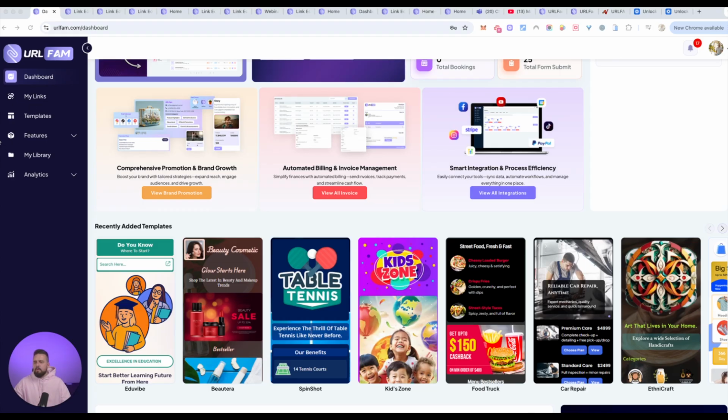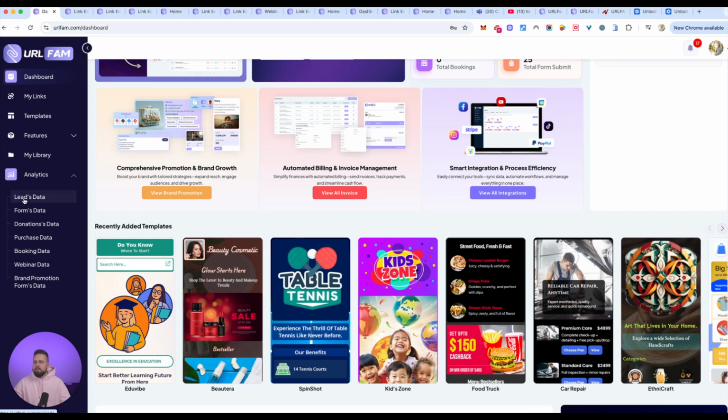Now, to give you a little overview on the other areas under features, here is where we have some of our other tools that we include inside of URLFam, like the ability to create live invoices, to create your own products inside, so you can add them onto your URLFam individual page, so someone can buy, check out directly on that one link, and they will be sent emails with their login details or the product itself, intangible product or anything like that. Appointments, because again we have live booking generators inside, so people can book appointments. We can also sync it across with our Gmail or our Google Calendar, push notifications,